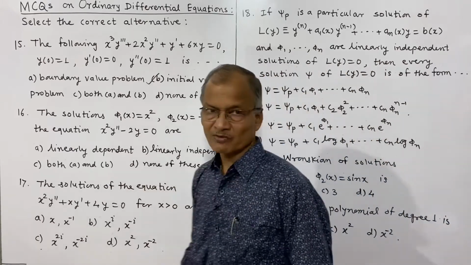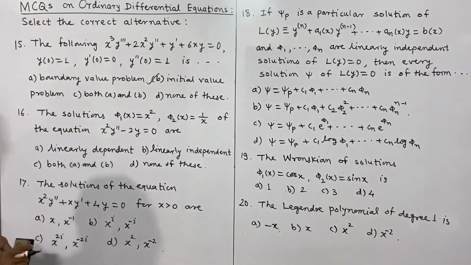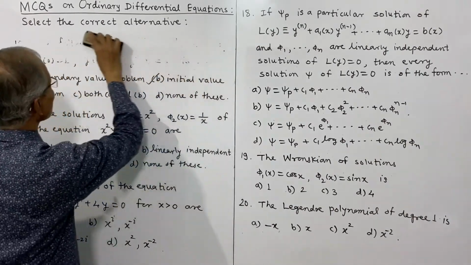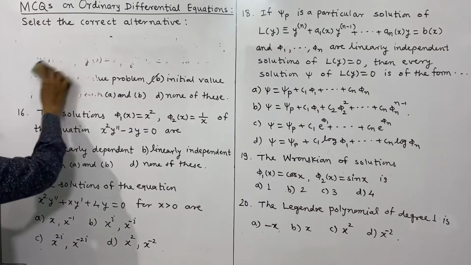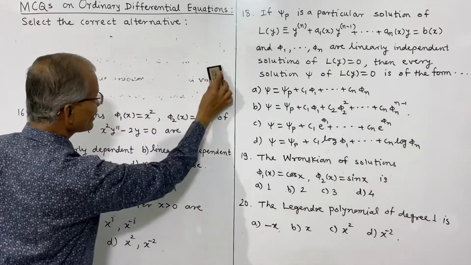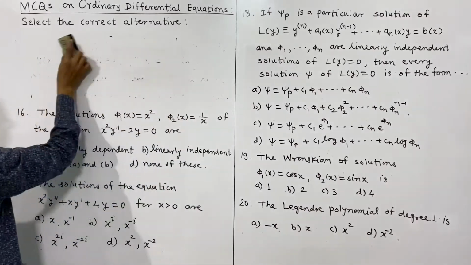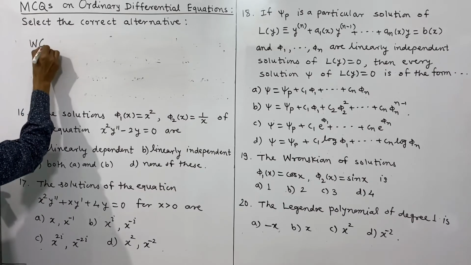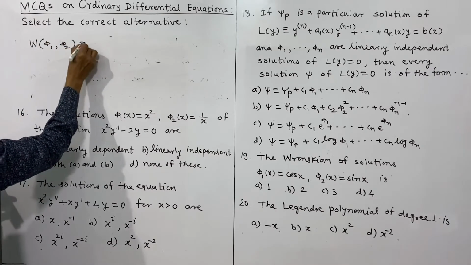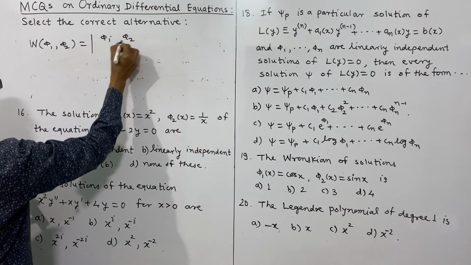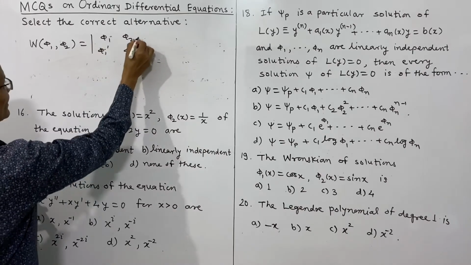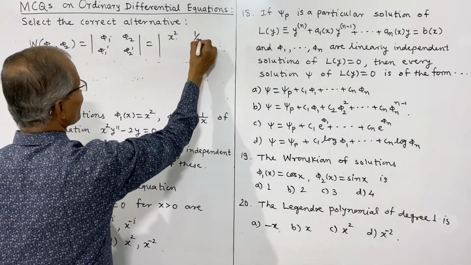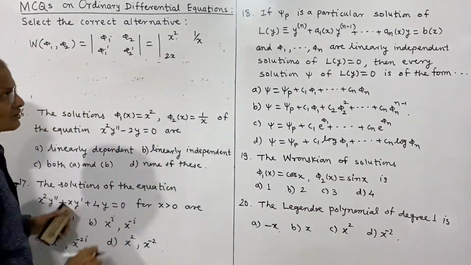And for this purpose we have a condition for linearly independent solutions. The Wronskian of the solutions must not be 0. We have seen this type of question earlier also. Here, what will be W of phi1 phi2? The first row will be phi1 phi2, and the second row is the derivative of these. The first row of the determinant is x square, 1 by x; the second row, the derivative of x square is 2x,